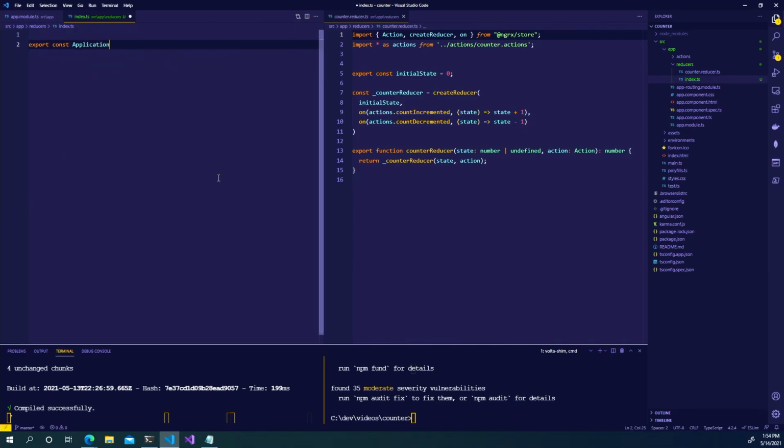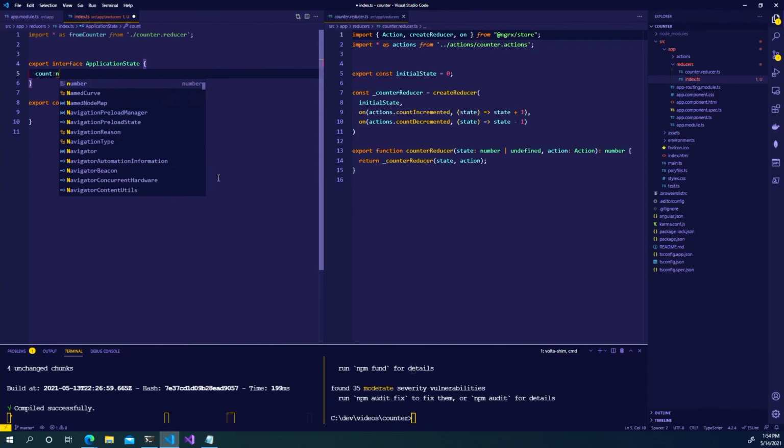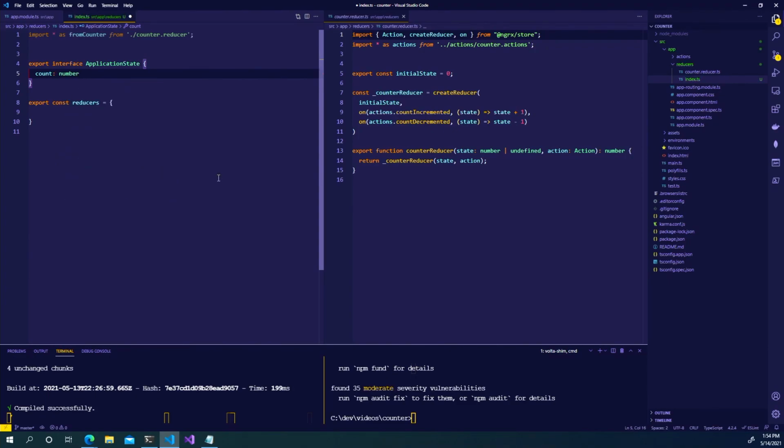Remember, these are always just for TypeScript. JavaScript doesn't care about this. This will just make sure that TypeScript knows what we're talking about, or we know what we're talking about. And then, much like we had in the app module, I'm going to export an object called reducers, and we'll import that in. So in the interface, again, I'm going to tell TypeScript that there is a property called count, and it's a number